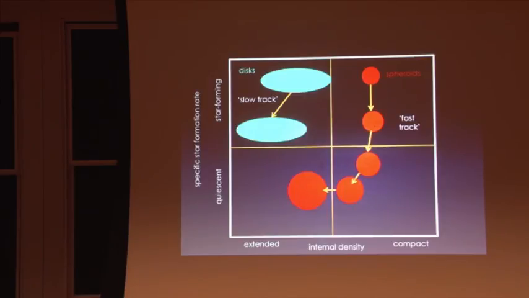Why is there not a track for fading disks? We do see some, but we don't see many. That would just be a disk where the star formation just shuts down, so it would be something that went straight down, right? Down here. And yes, some galaxies do, the S0s. They do exist, and probably if you look in really dense environments, more of them exist. We're still not probing very dense environments with CANDELS so much.